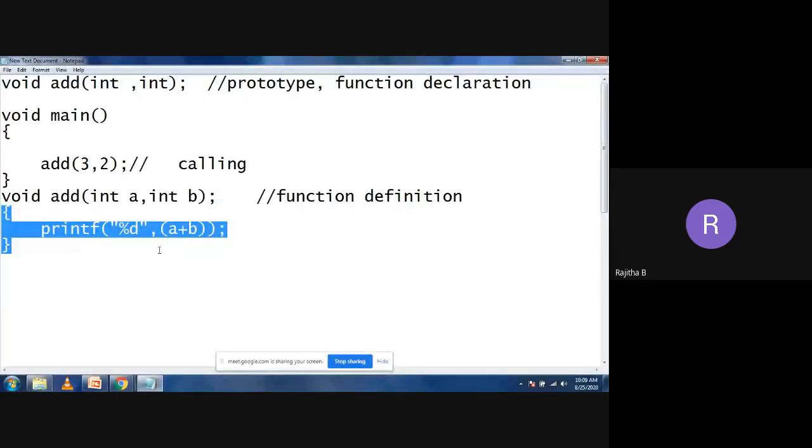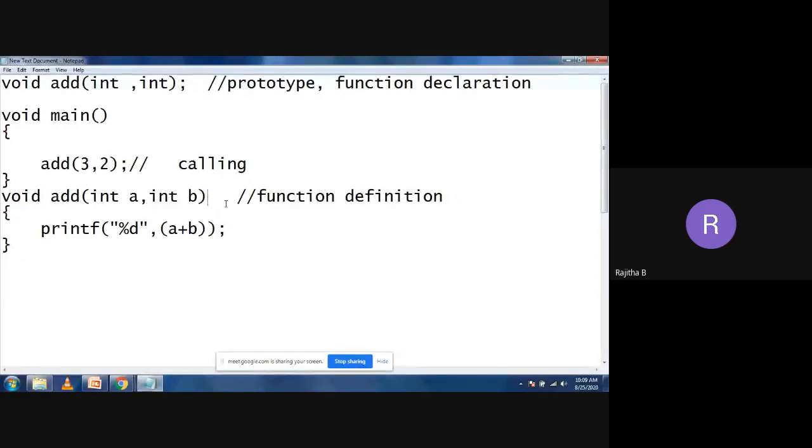So in that case, what is the use of the function definition? I want to execute the statements. So you need to remove this semicolon. We don't have any semicolon for the function definition. But the function declaration has a semicolon, and the calling function also has a semicolon. What is the meaning of function definition? We are writing the code for the particular function.